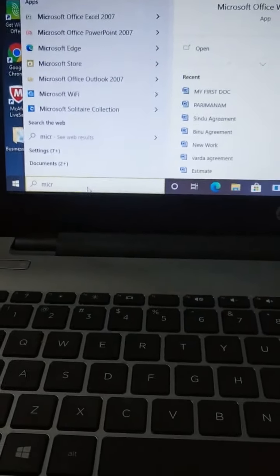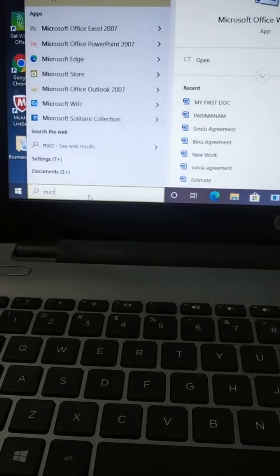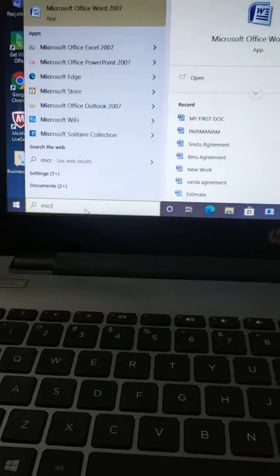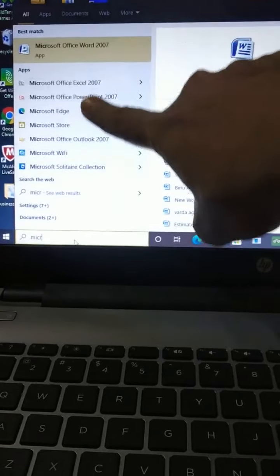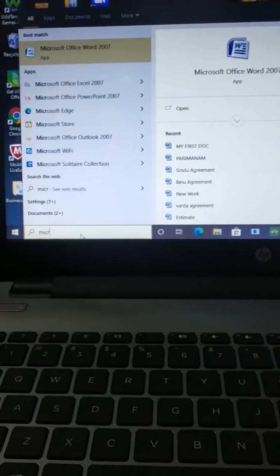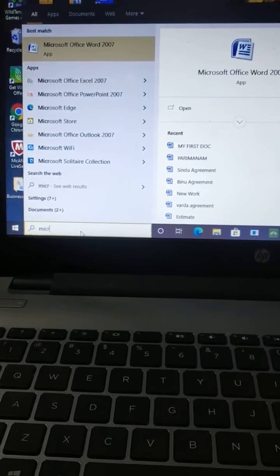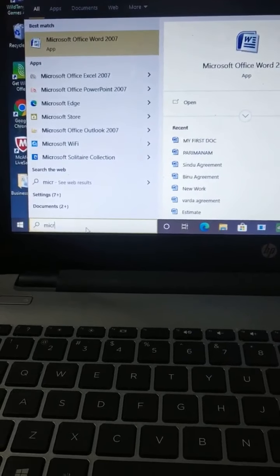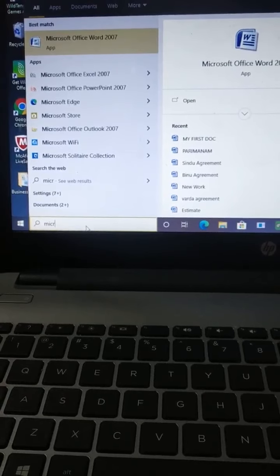I just type MICR and all the programs installed in the Microsoft Office package appear here. Did you see this? Actually this Microsoft Office is a package. It consists of Microsoft Word, Excel, PowerPoint, Edge, Store, like that many programs are contained in it.